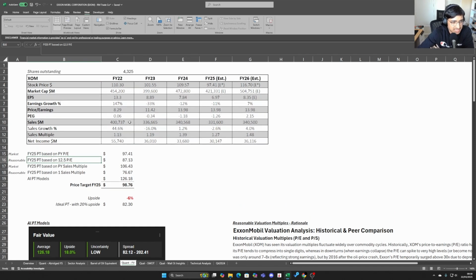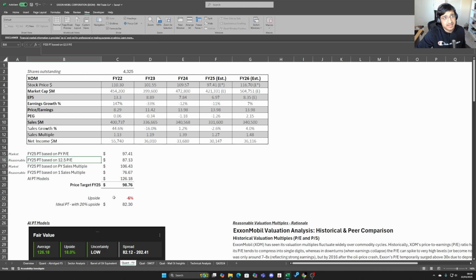So what essentially happens is when the oil and gas industry is in a distress cycle, the P/E ratio tends to inflate and enlarge. And then when the oil and gas sector has a fantastic year, like we saw in 2022, the P/E ratio comes down significantly. Because of that, I think the cycle we're in at the moment is, again, we've just had a slightly distressed cycle here in 2024, but I do see it improving a little bit while staying similar. That also plays a part in the 12.5 P/E ratio.